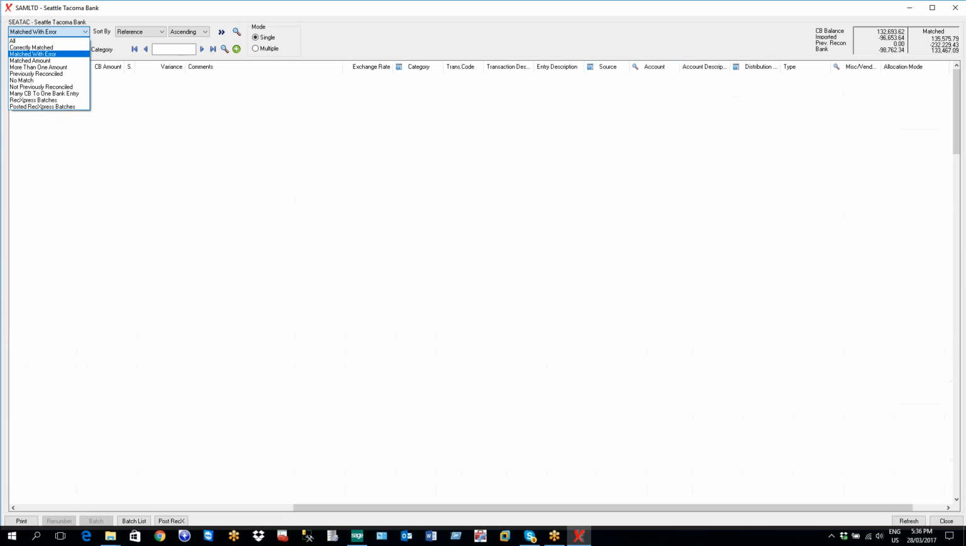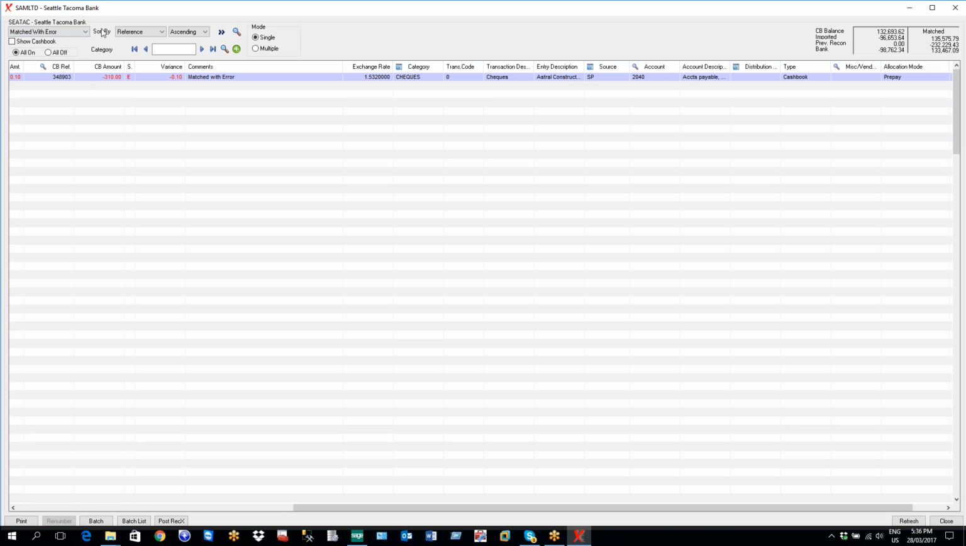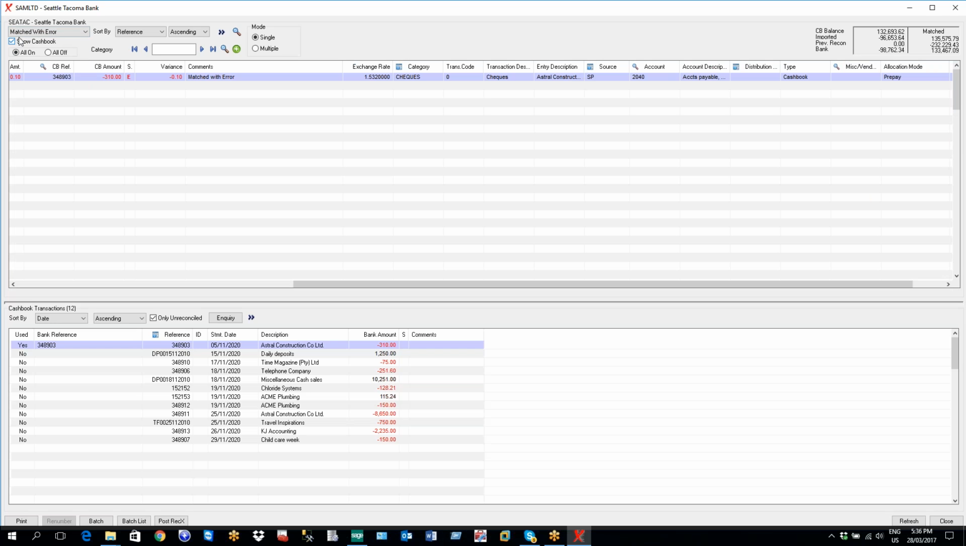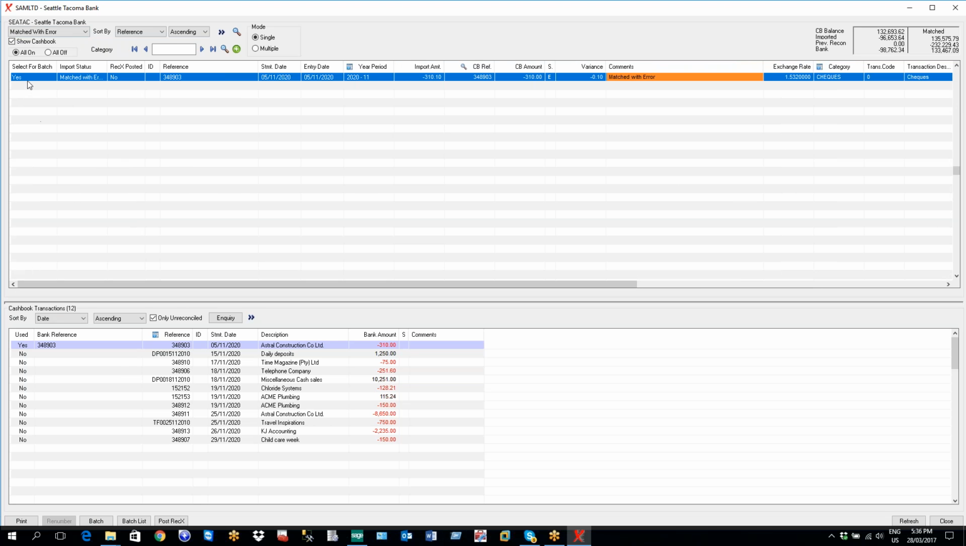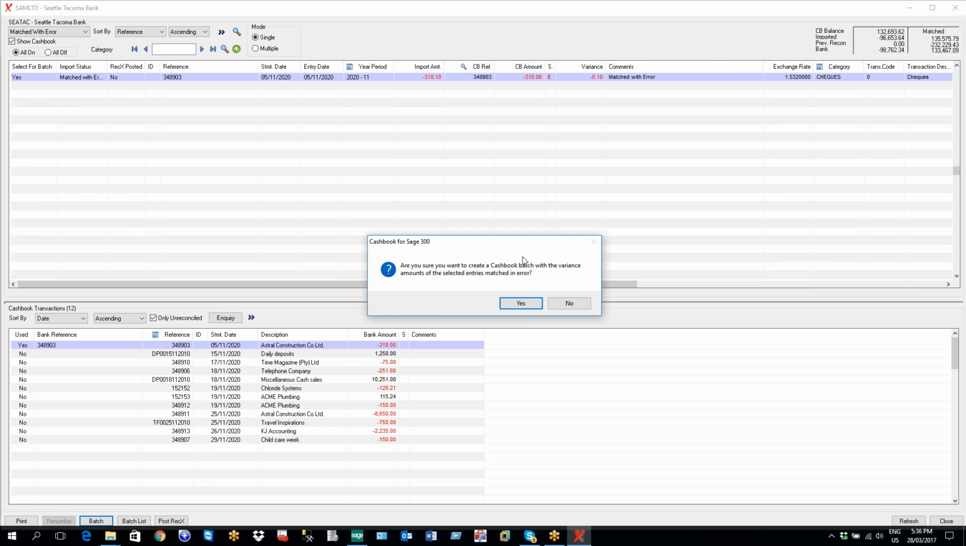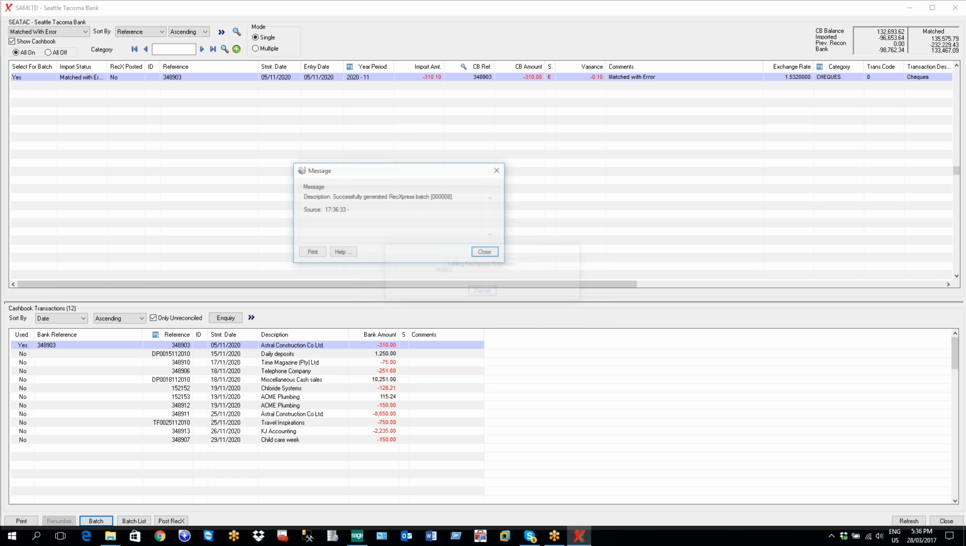All that remains now for us is to do our adjustment amount for that entry that we matched in error, and for that all we do is go to our matched with error. Once again, in the select for batch, we say yes. We hit the batch button. Are you sure you want to create a Cashbook batch with the variance amount of the selected entries matched in error? If we say yes,